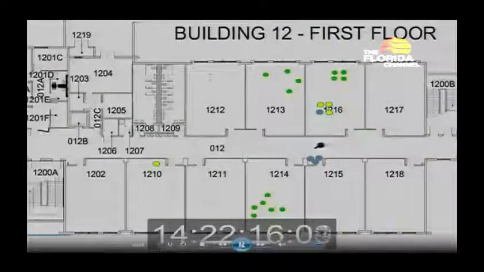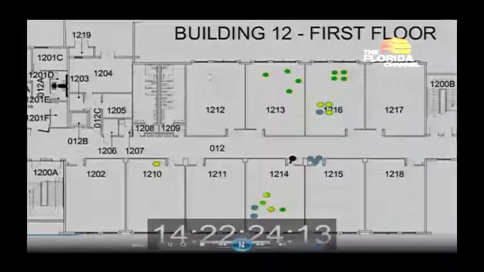Continuing west, as he passes the previously injured victims, he does fire additional rounds. He then begins to fire into classroom 1214, again from the outside in. If we could pause there. We have 2 victims that are struck fatally in this room and 4 additional victims who are injured. The suspect then, we can continue,